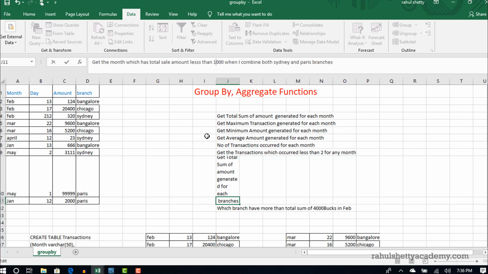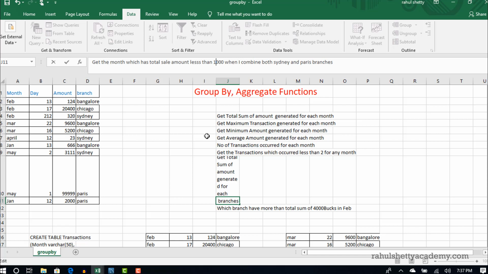So that director's performance is not good. Someone reported that there is one month, or there is some rumor in the news, that it's not making even $1,000 when they combine both branch sales. So now as a boss, you want to write a query to see if that rumor is a gossip or true. You have to write a query so that you will know whether in any month, when you combine both these branches and do total sales, you are getting an amount less than 1000 or not. This is what you have to achieve from this simple table.